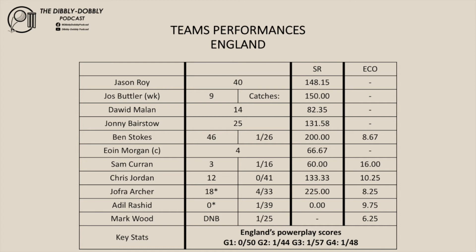A tough game for England. The bowling was good to keep India to 185. It could have been 190 or even 200 if those last few overs went for a lot of runs. They took wickets at regular intervals throughout India's innings, but found it tough to keep the pressure on a really good batting surface, but did well to limit the damage at the back end of India's innings.